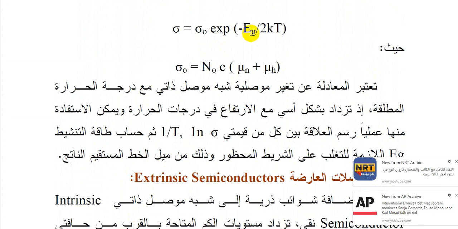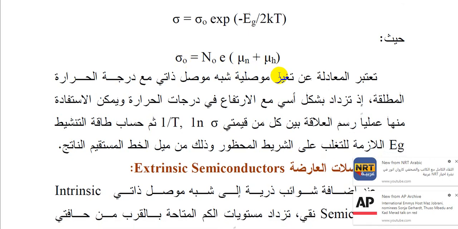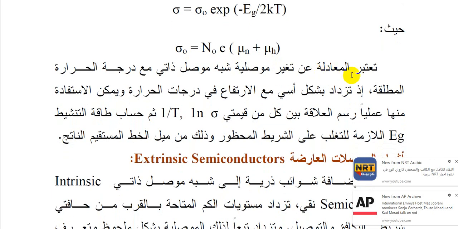Sigma equals sigma naught exponential Eg, and sigma naught equals n naught e, mu n plus mu h. The equation expresses the variation of intrinsic semiconductor conductivity with absolute temperature. The conductivity increases